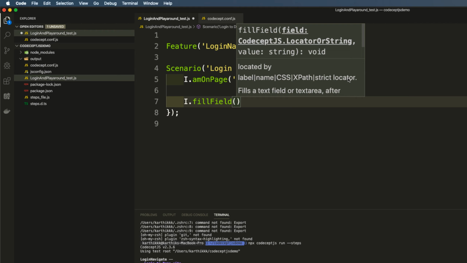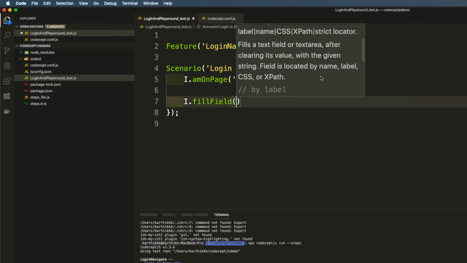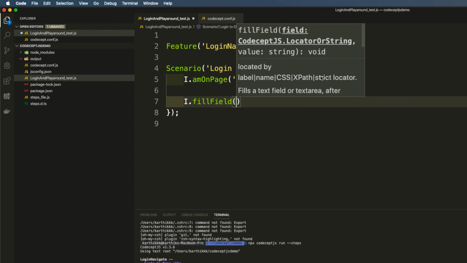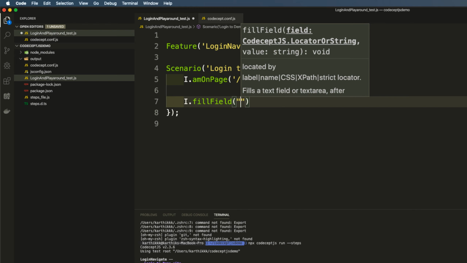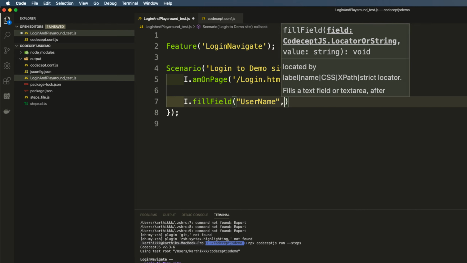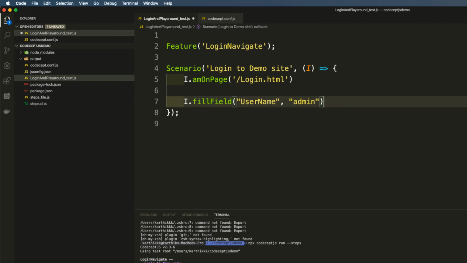Basically it says this is a locator that you specify strictly in double quotes. If you don't say that, you can specify the CSS or XPath, or by default the fuzzy logic of this particular code identifier directly takes based on this order, like label, name, and CSS and XPath and stuff. So I'm just going to identify using its name, which is nothing but the username,